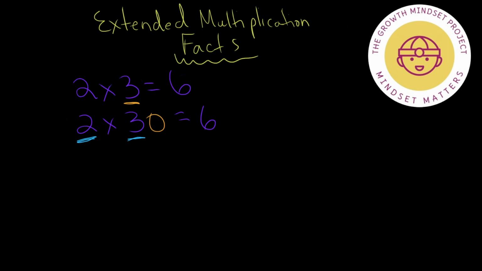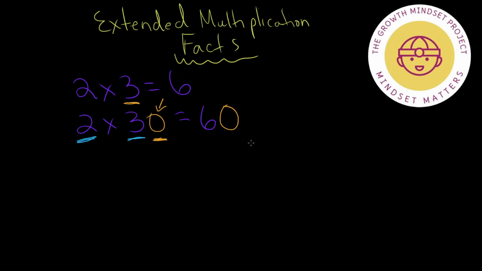And our rule, when we have this extra 0, is we're simply going to count how many zeros we have and add that to our product. So if we look right here, well, how many zeros do we have? We have 1 0. Okay, so I'm going to add 1 0 right here. So 2 times 30 is 60,